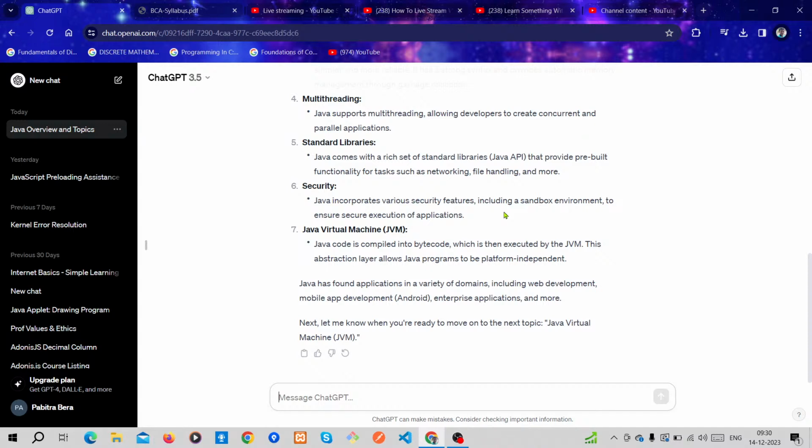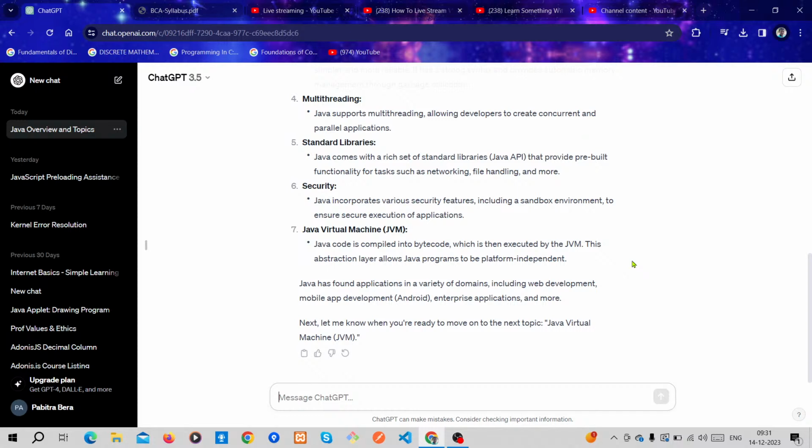Java is first compiled into bytecode, and with this bytecode you can run it everywhere, on different platforms: Linux, Windows, Mac, whatever platform you have, you can run the Java program with the bytecode.